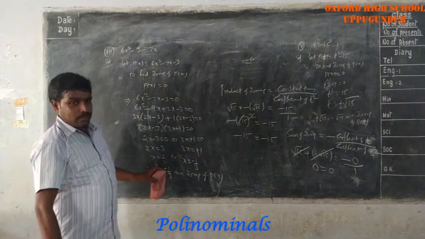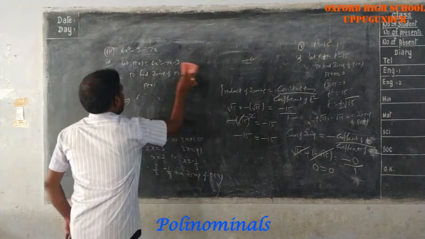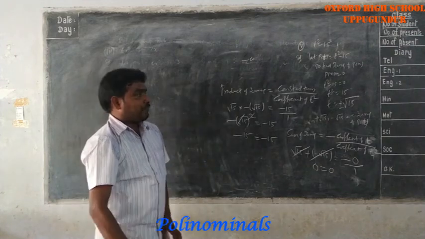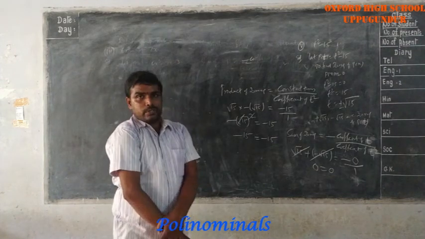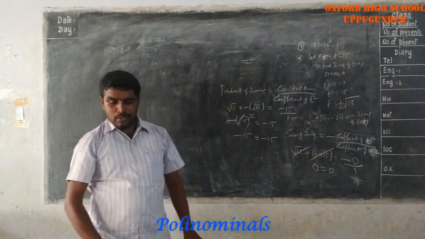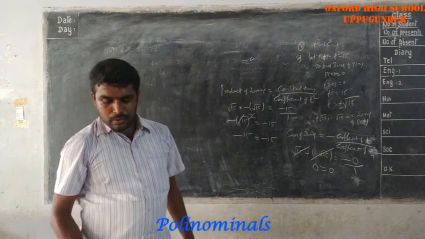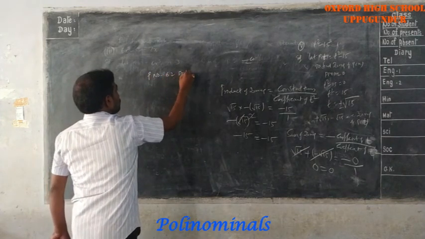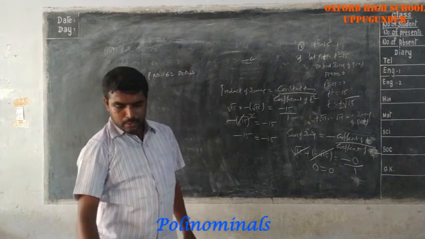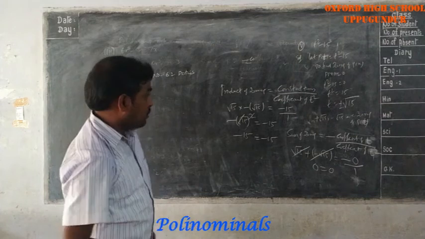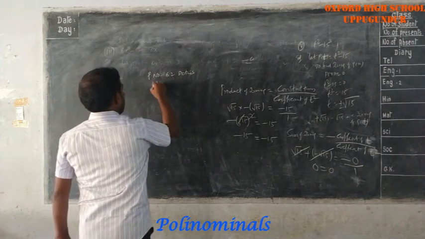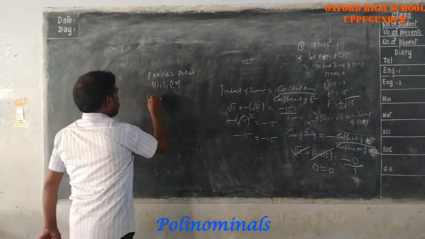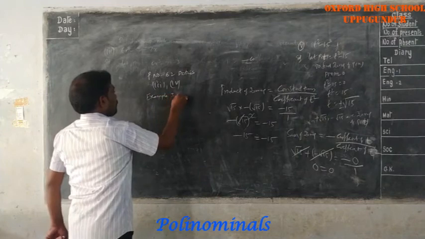So in this Roman you have to do problems based on finding the zeros of a quadratic polynomial and verifying the relationship between their coefficients with sum of zeros and product of zeros. In this, you have to do page number 62. In this I told you first Roman, second Roman, 3-4 problems you have to do. Example 3-4 you have to do.